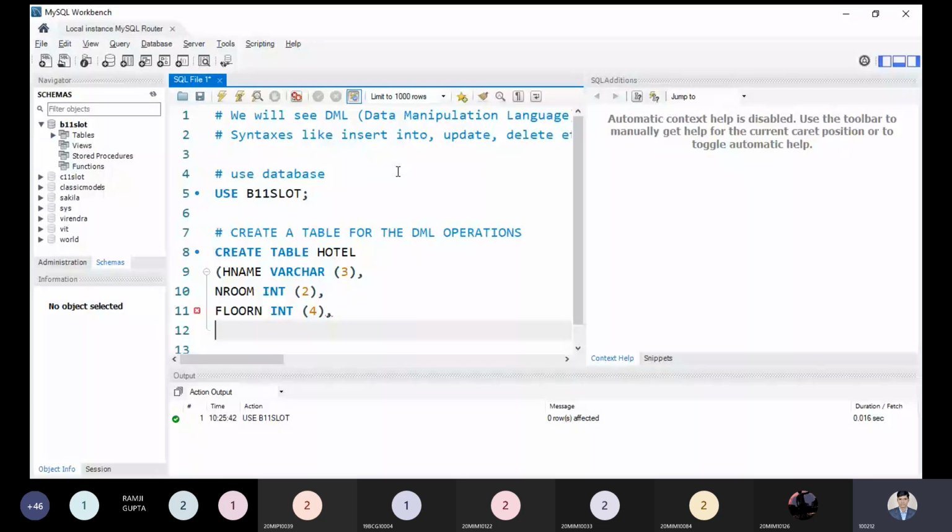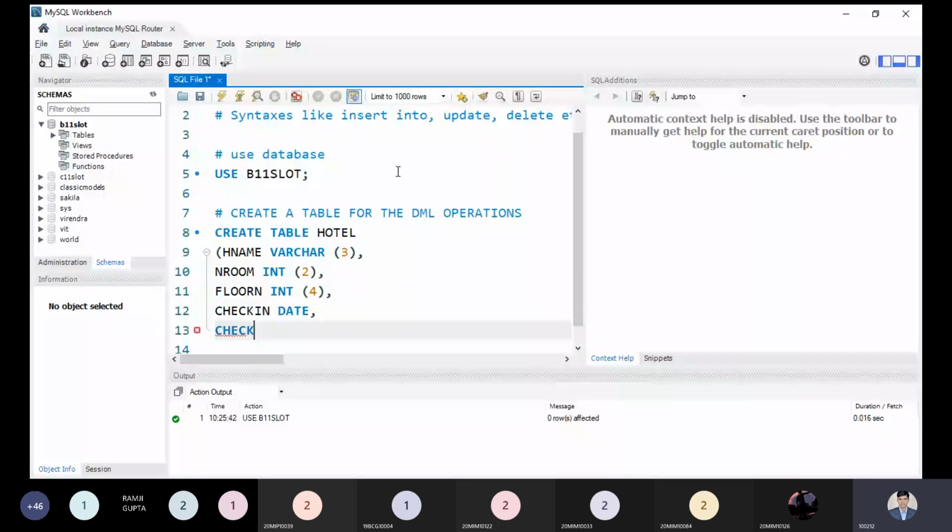The student is saying, sir, we can take the date of coming or date of joining. So we can say check in. It would be in date format. Next, checkout time. So a date will come over here. We are not putting a date along with the time, but if you want, you can use the date and time data types simultaneously. But right now we are seeing only a date, so that's enough. Any other detail you want to add over here? Please tell me.